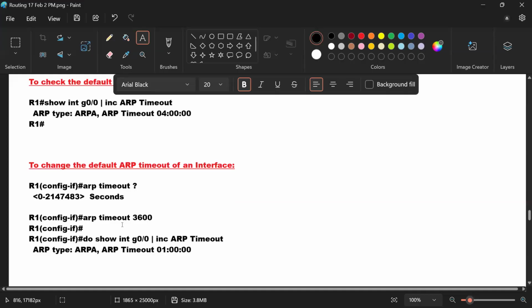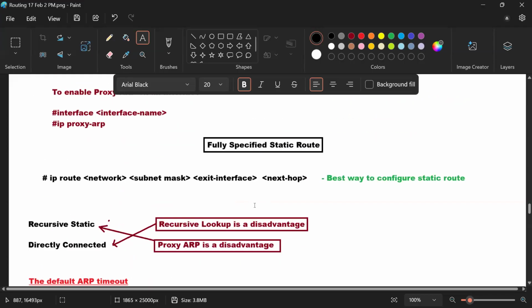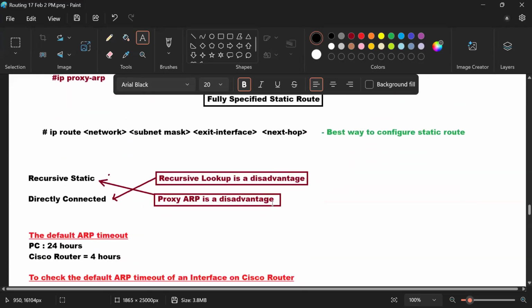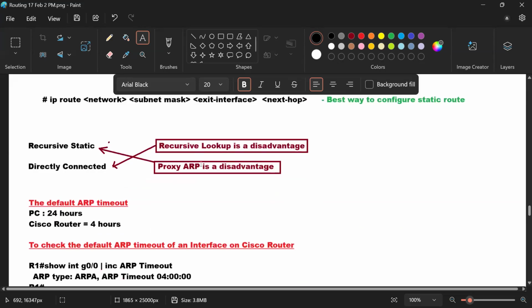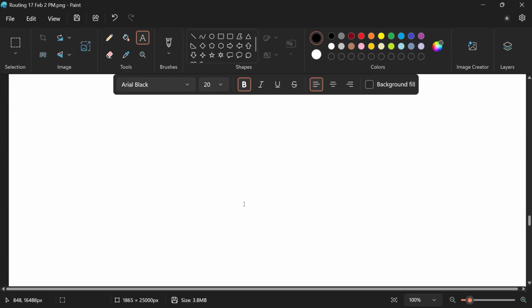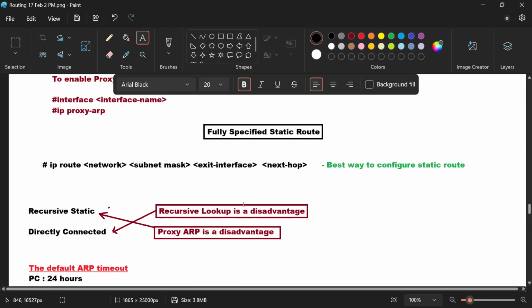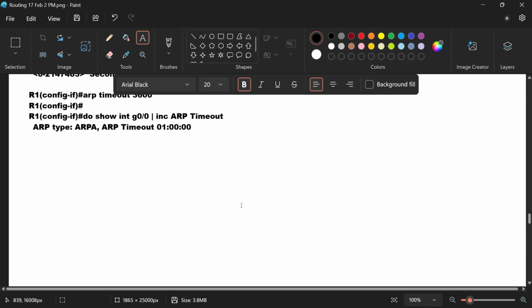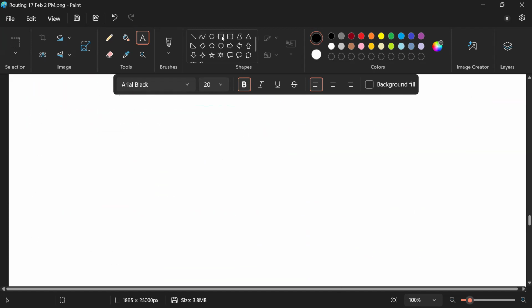Okay. So I believe now the fully specified static route is clear. This is the best way to configure. Here the ARP is also getting generated for your next hop. And since within a single route we have both the next hop and exit interface, there is no proxy ARP requirement also. All right. Now after this, next one we have